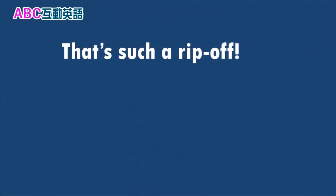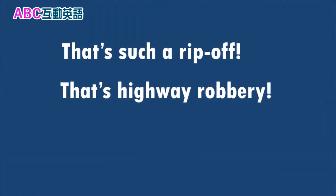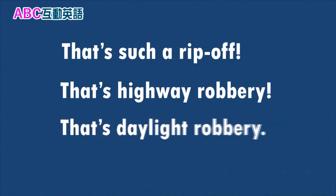So let's practice again, okay? First one, that's such a ripoff. That's such a ripoff. That's highway robbery. That's highway robbery. That's daylight robbery. That's daylight robbery. Okay, so sometimes you don't know how to say it in English. So if you need to know how to say it in English,